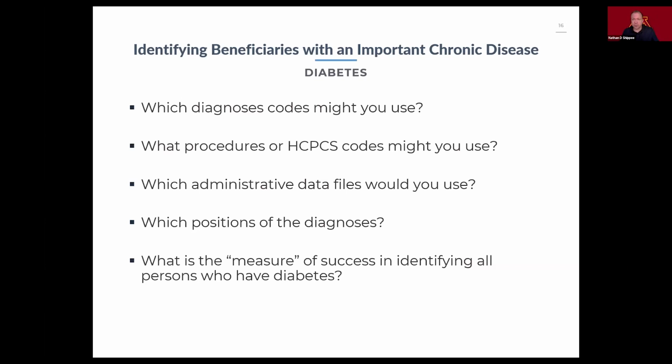What positions? By position, we mean where in the claim form. Usually if something is of primary interest, it should show up, hopefully, in the first position or second position on the claim form. Do we only include those because any other information is just contextual or less reliable? Not sure. At least it's a judgment call that we need to make. And lastly, as we make these different choices, how do we even tell if we're making the right choice?